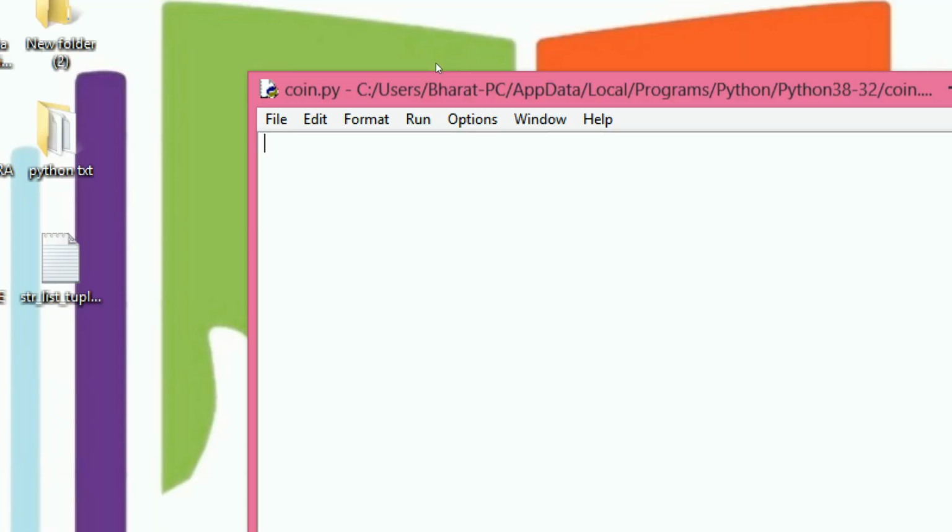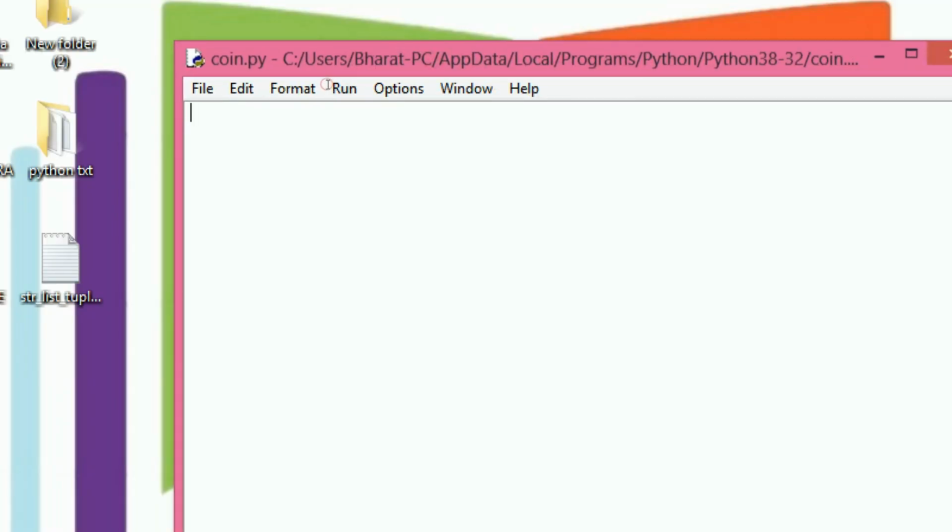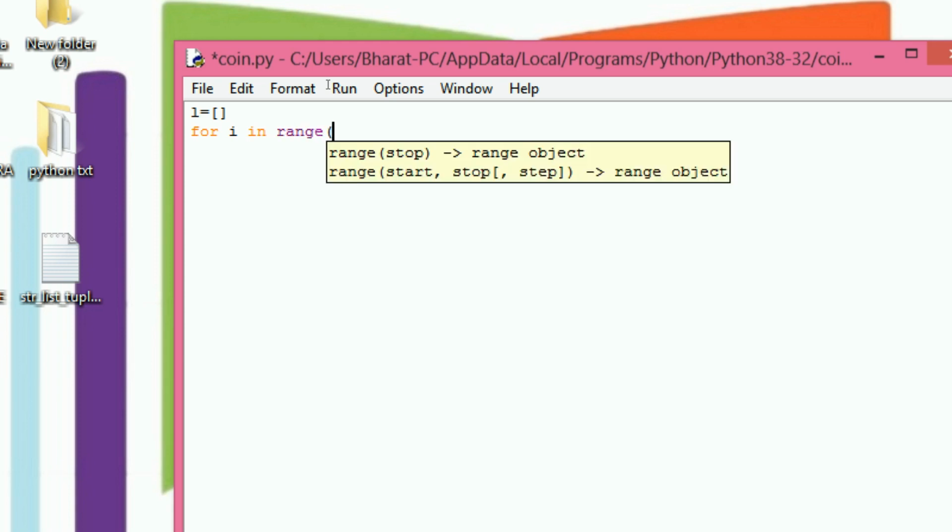Now we see the program. I am taking one empty list. After that, I run a for loop with i in range of int of input.